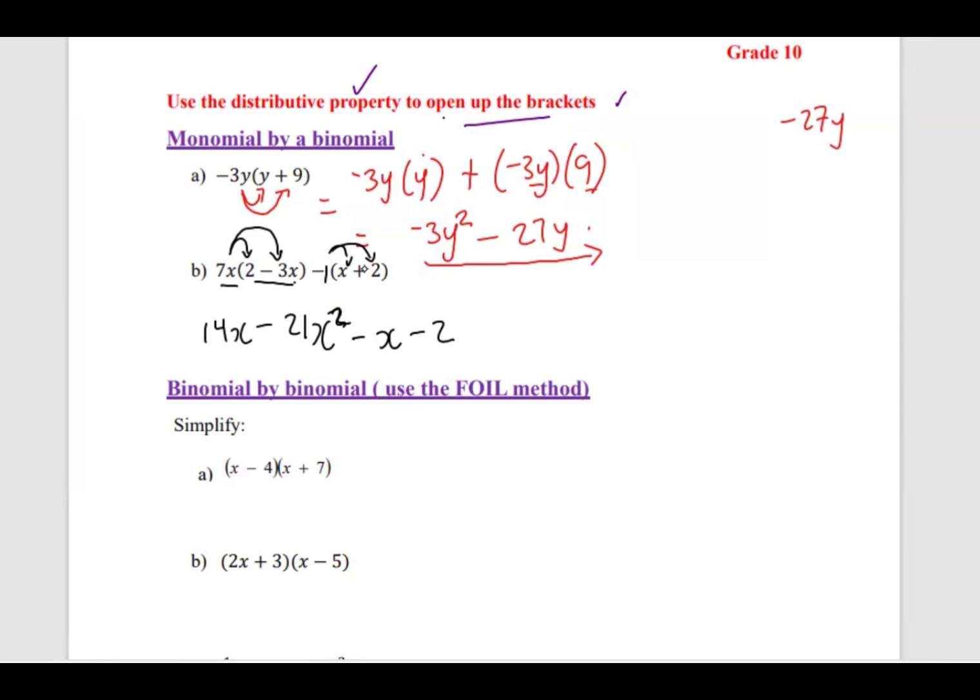Then what is left is for me to collect the like terms. So we can say this 14x and this negative x. Those are the only like terms, which means this is going to reduce to negative 21x squared. Okay, 14 minus 1, that's going to be 13x. This 2 is on its own, so minus 2. That becomes my result, okay? So that is what happens, or that's what happens when you're dealing with a monomial by a binomial, when you're